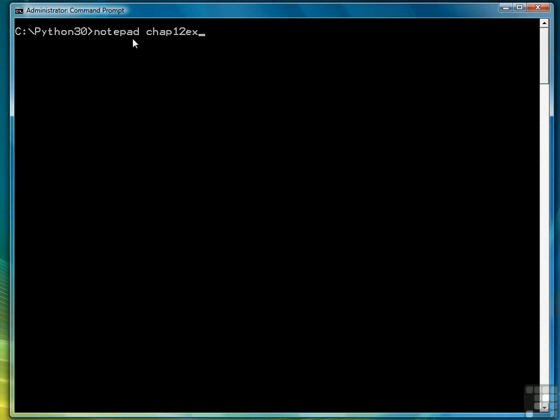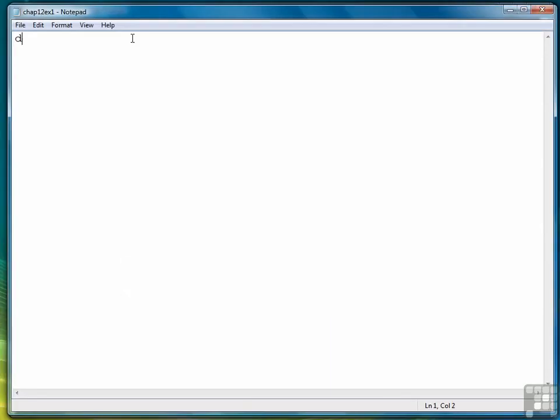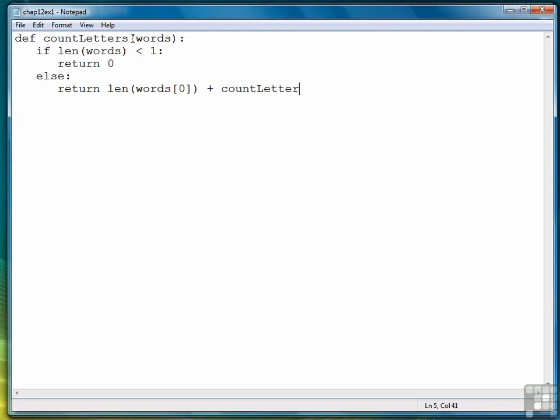We're going to call this program chap12ex1.py. We're going to call our function count letters, and the parameter will be a list, which we'll call words. So the first thing we do is we test the base case, and if the length of our list is less than 1, then we return 0 because there are no letters to count. Otherwise, we return the length of the first word in the list plus